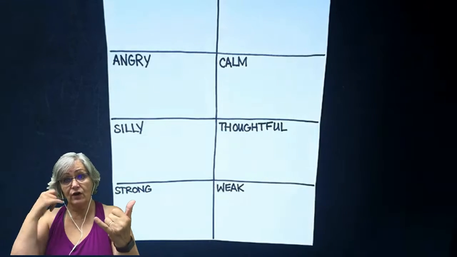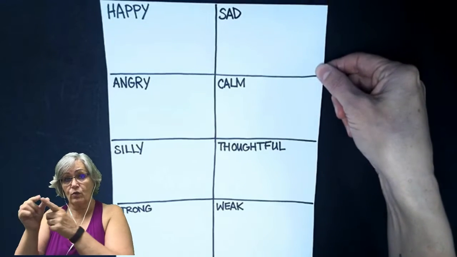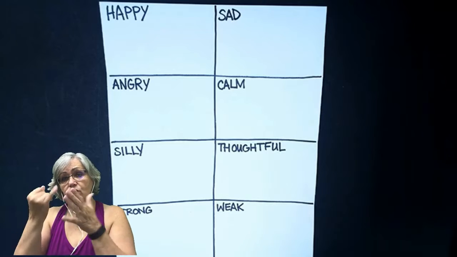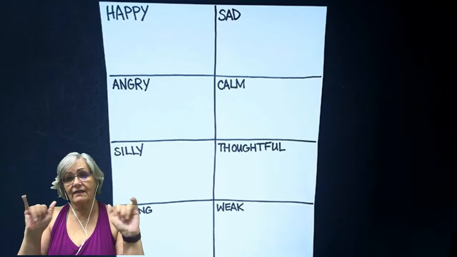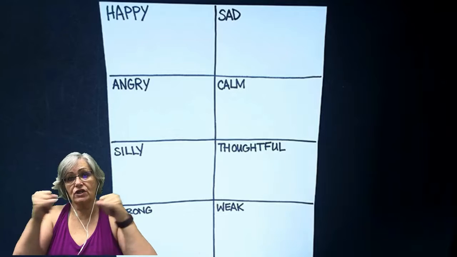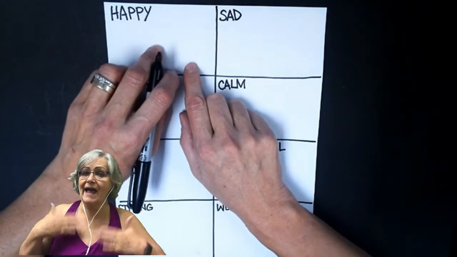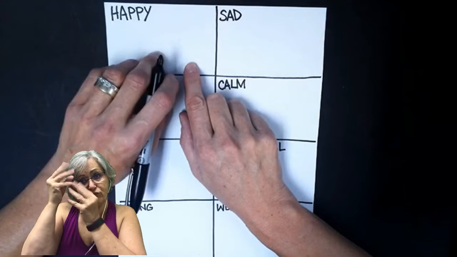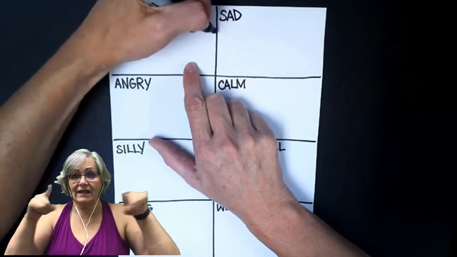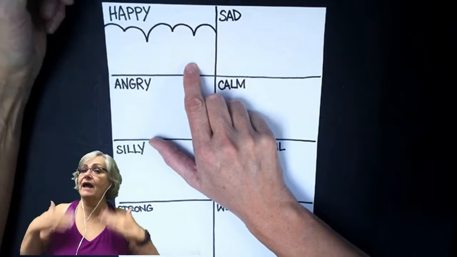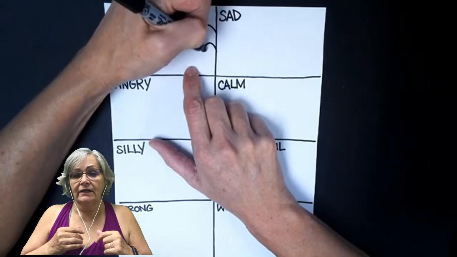You can pause the video right now if you need to follow along with these words and you want to write them on your own paper. But if you don't and you want to just draw the lines, that's okay too, if you can try and remember which lines were in which rectangles. So if I'm going to be writing happy here, I need to design some happy lines. When I think of a happy line, I think of something that's bouncing and joyful. Maybe it's even